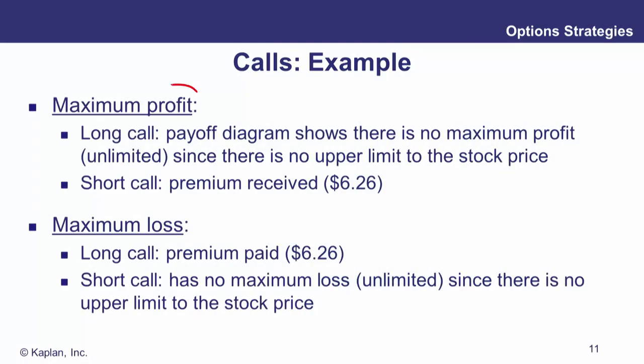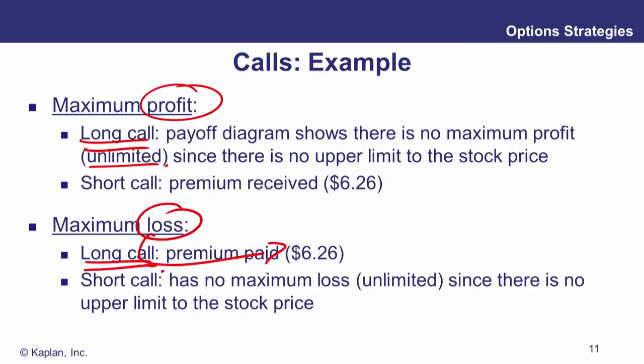Maximum profit, long call, unlimited. Short, well, stay with the long for the time being, folks. The maximum loss is the premium paid. All you need to do is negate those to think of the maximum profit and the maximum loss of the short side. So don't forget, if the long maximum loss is 626, that must be the maximum gain of the short. And for the long, if their maximum upside is unlimited, that must be the maximum downside for the